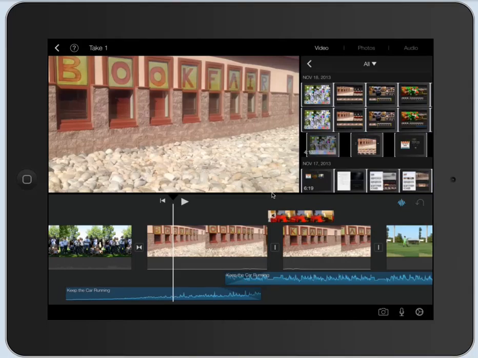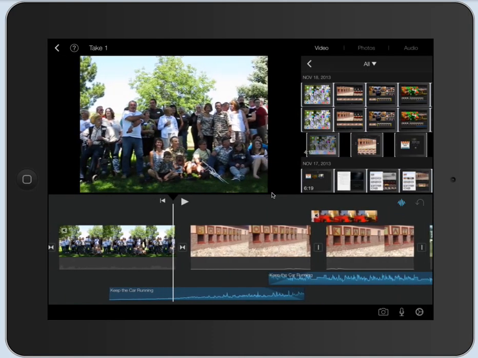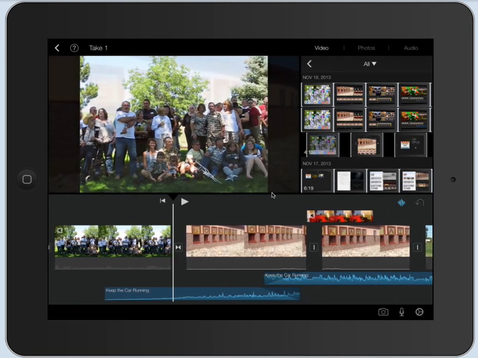The last little piece to polish up your movie would be the transitions. Now the transition is how one slide goes to the next slide, or one video clip goes to the next video clip. So if I go over this very slowly, this is a transition, and you see how it's fading. This one here,